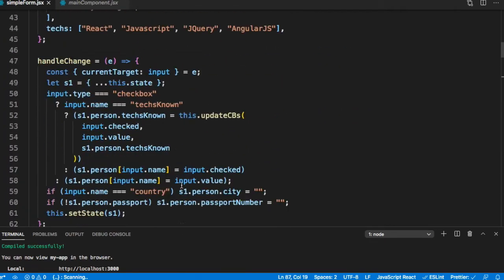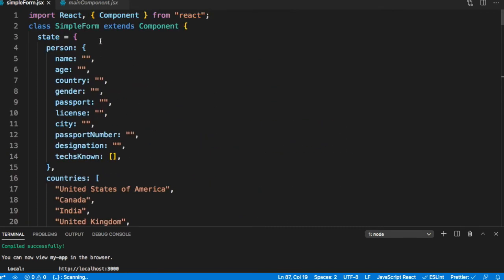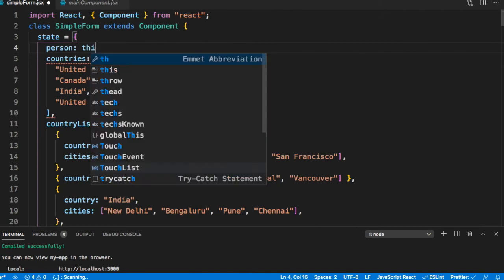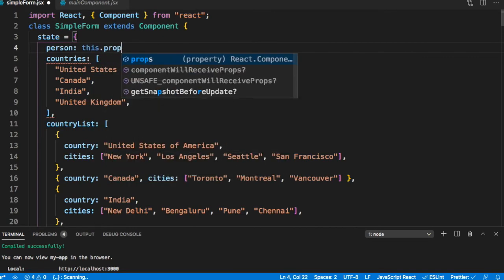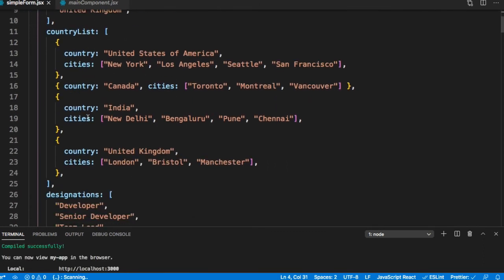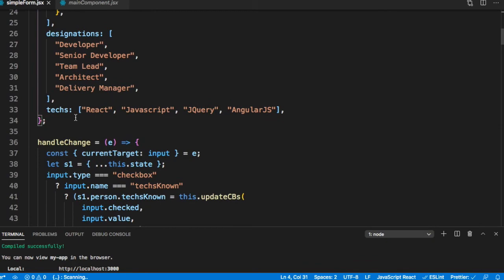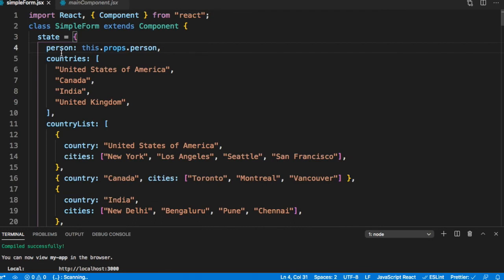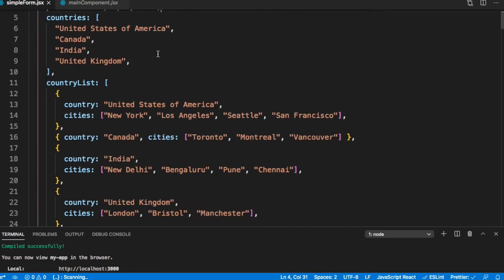In the simple form, what changes do we want to make? The first thing is person here will get replaced by this.props.person. These values, the countries, country list, designations, and text, we could have passed from the main component if that is the requirement. In this case, we do not intend to. So we are just passing the person as the props.